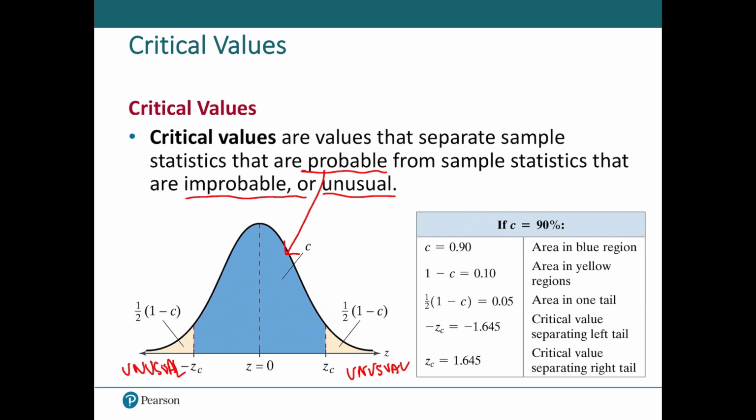They do have the calculation in case you need this in case of emergency, especially in web work. They give you something that isn't in that table. But let's take a look at what would happen if C equals 90%, also known as 0.90 for computational purposes. So 1 minus C, 1 minus alpha, and alpha is another name for this, by the way, would be 0.10. Half of that for each tail is 5%. So we have 5% in each tail.